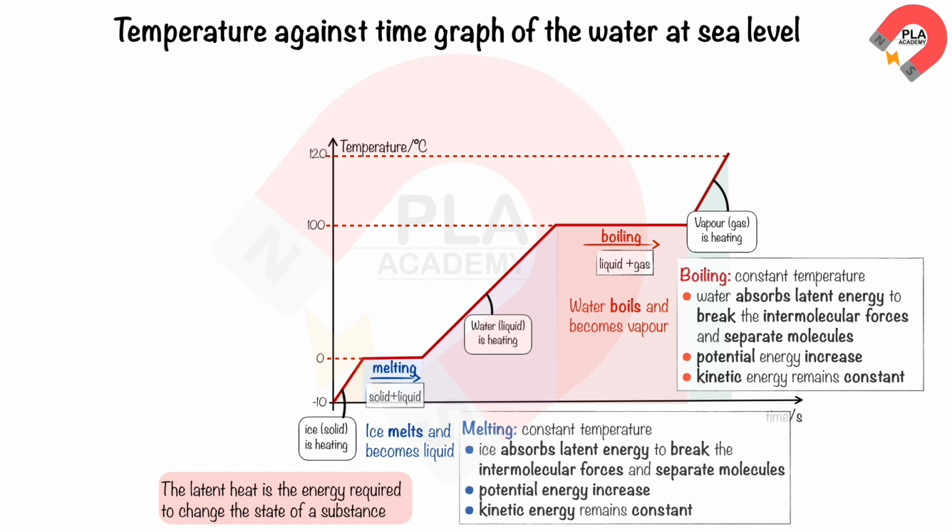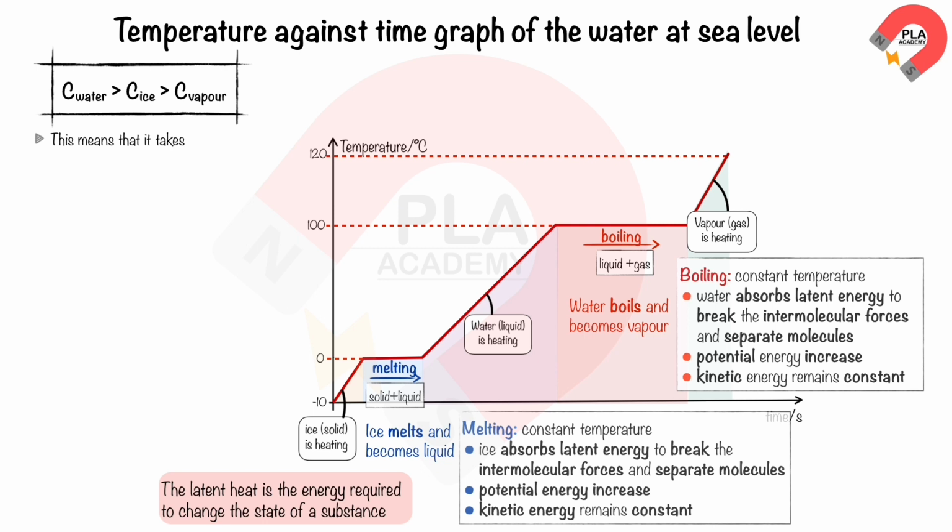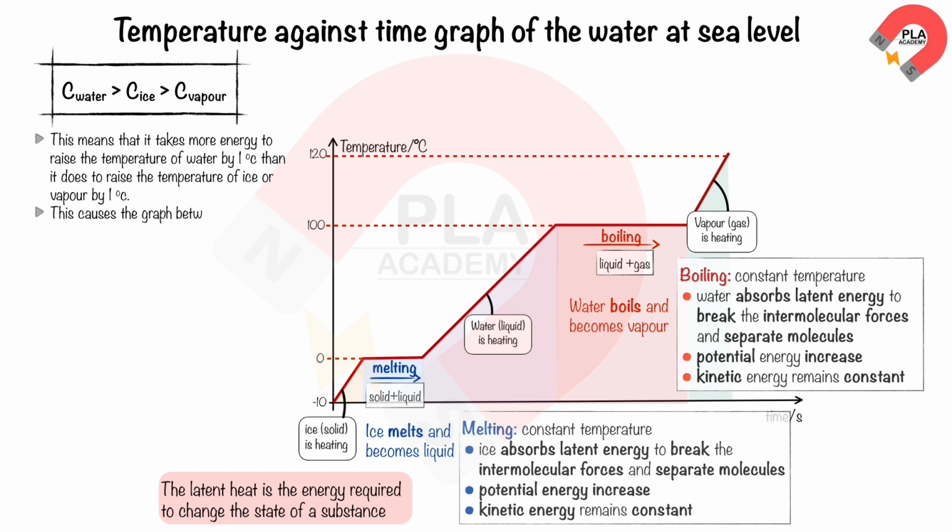It is heated. The specific heat capacity of water is more than that of ice, and the specific heat capacity of ice is more than that of vapor. This means that it takes more energy to raise the temperature of water by 1 degree Celsius than it does to raise the temperature of ice or vapor by 1 degree Celsius. This causes the graph between 0 and 100 Celsius to be least steep